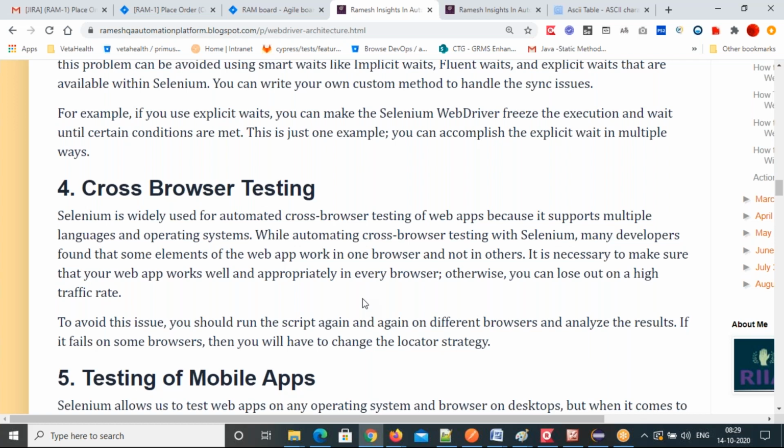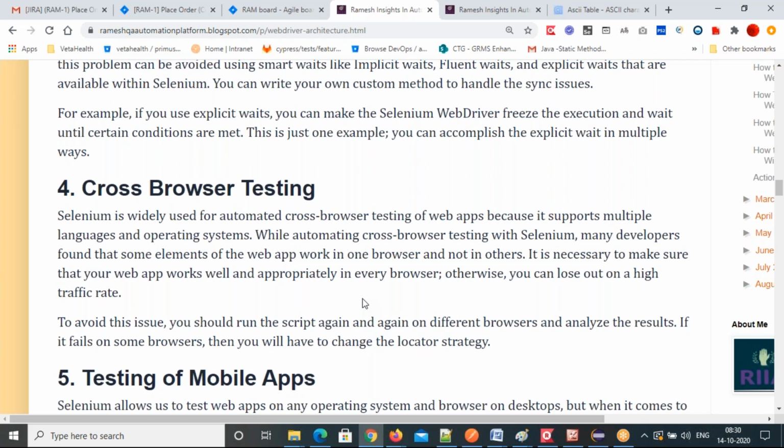To avoid this issue, you should run the script again and again on different browsers and analyze the results. If it fails on some browsers, then you have to change the locator strategy. Then it will start working. So that's how to handle cross-browser testing: if your test case is failing in one browser and passing in another browser, you change your locator strategy, then it will start working.